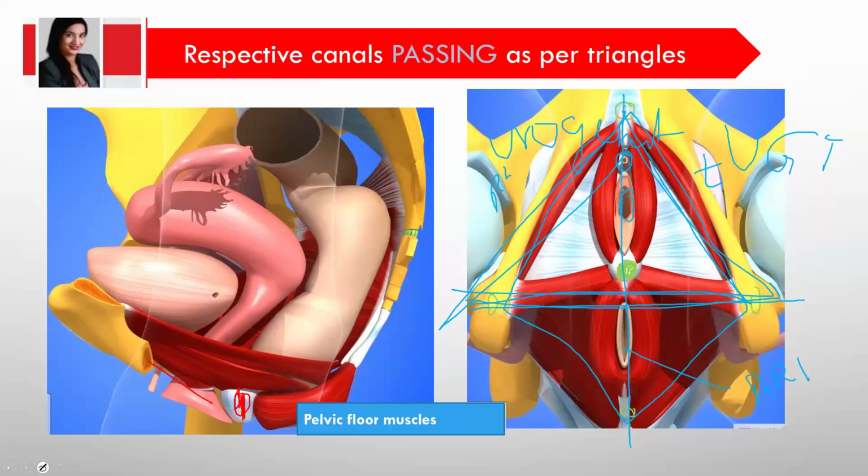So this is very important. So the diamond, you can divide into right and left also, because the muscles are on the right and left, and up and down also, the urogenital and the anorectal triangle. So it is a very important understanding. After that, you can say that in this system,